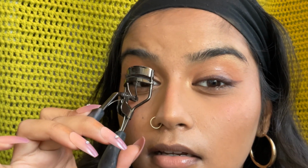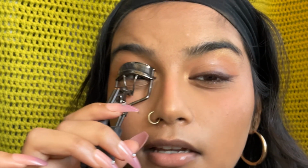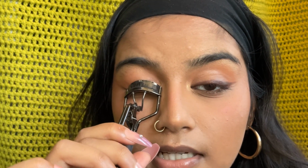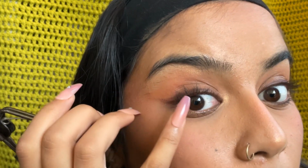But mascara, just get all of your eyelashes and press outward. Press really outward and count to 10, like on your phone. My lashes look like this just from the eyelash curler, look at the difference. Exactly. And today I feel like it's one of those days where I want to go in with a brown mascara,